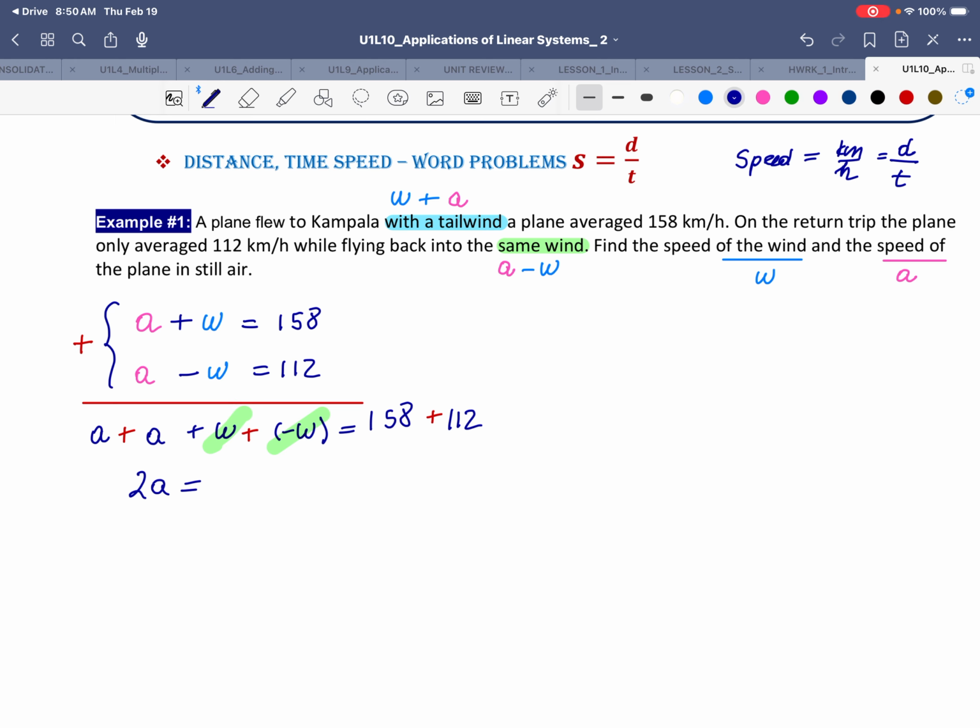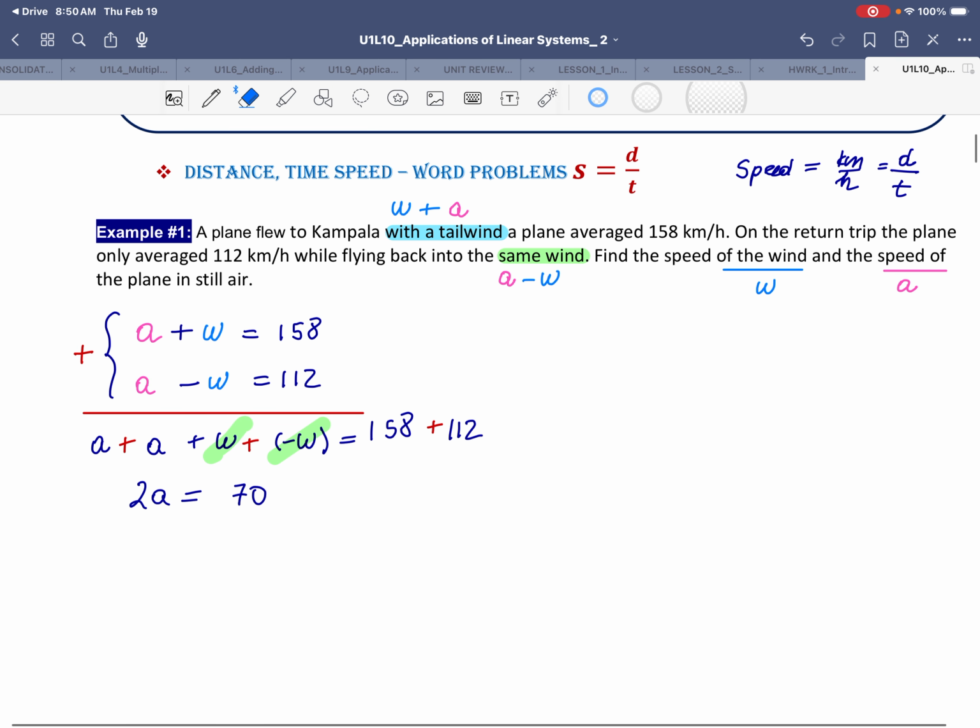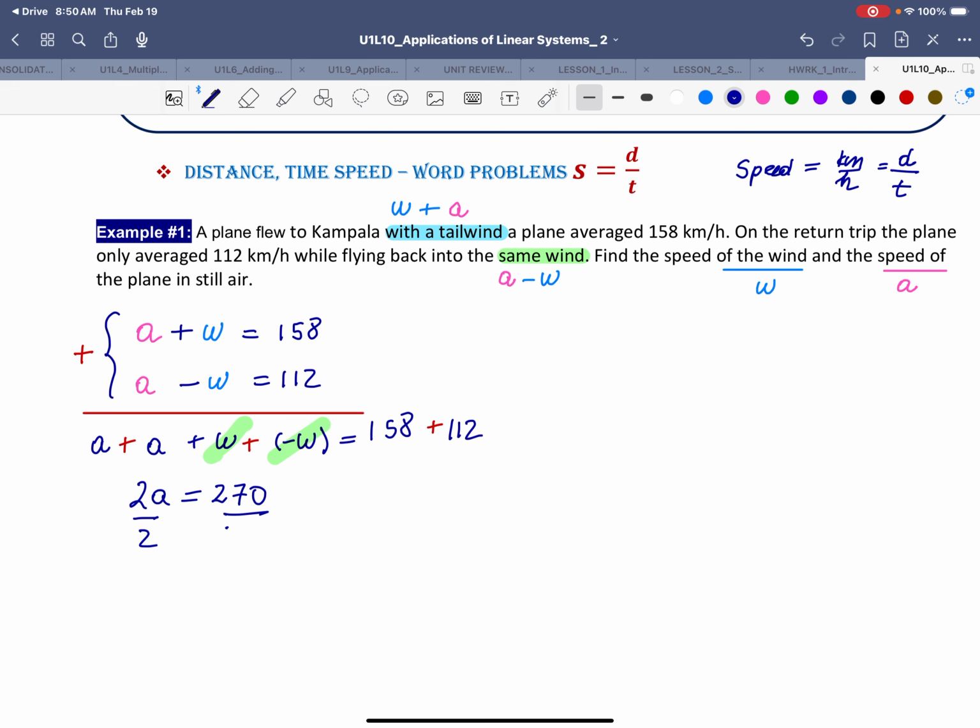And we have 2A equals 158 plus 112. That would be equal to 170, if I'm not wrong. Double check. 8 plus 2 is 10. 5 plus 1, 6, 7. And 270. And then we're going to divide both sides by 2 to isolate A, and we get 270 divided by 2,